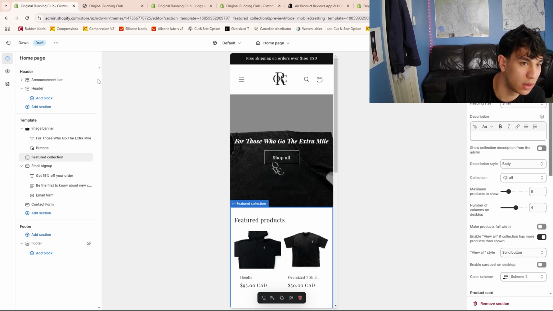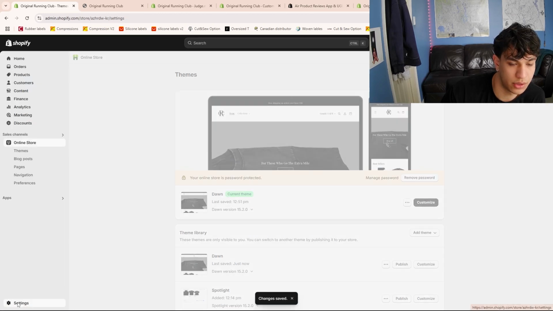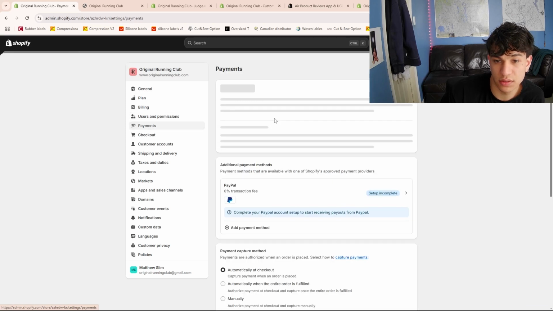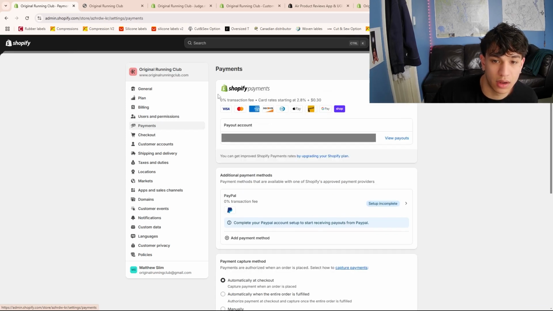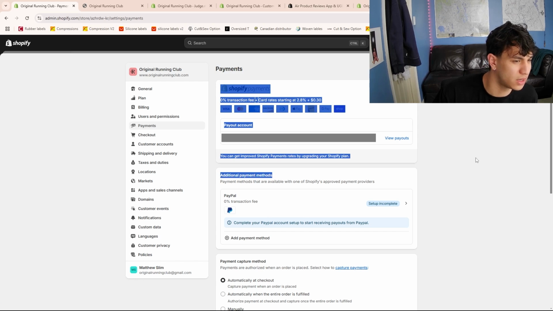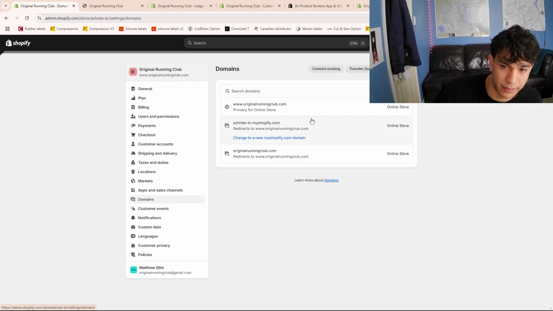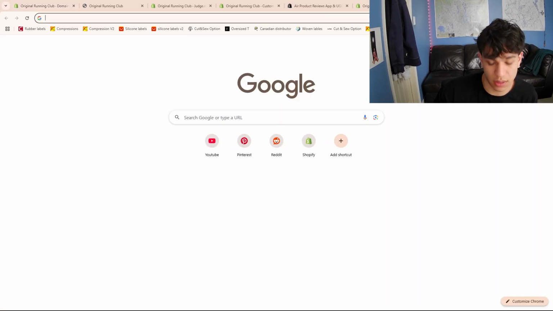I guess the last thing I would share is to go to your settings, and when you're going to payments, set up your payment method. I'm not going to go over that with you because I have to put in bank details and everything, so that's not happening. But domain, also, if you don't have a domain yet, I would go to